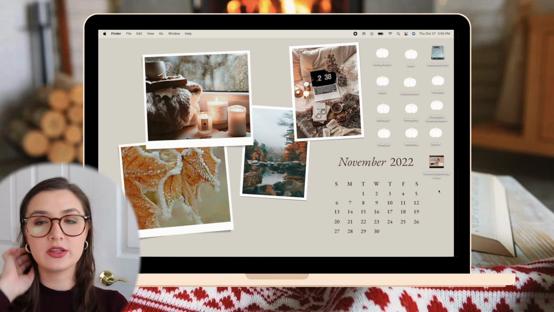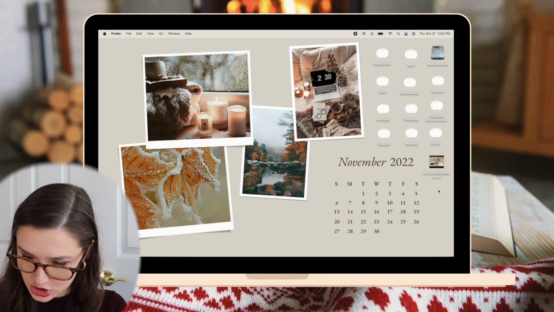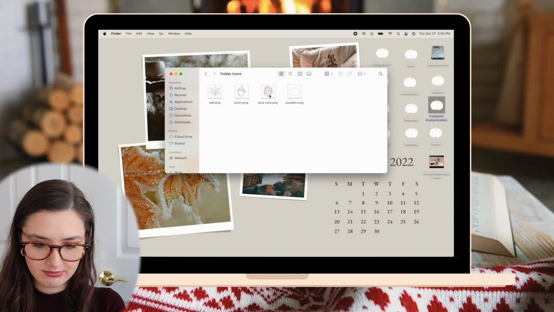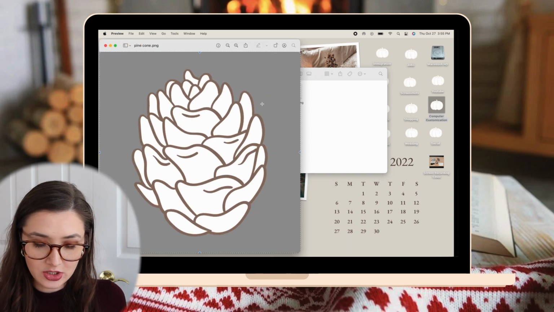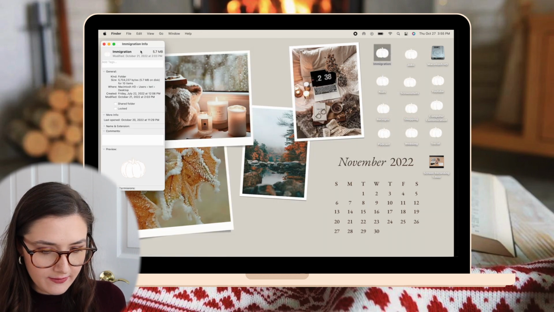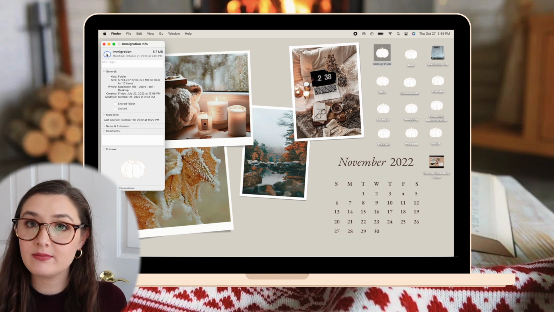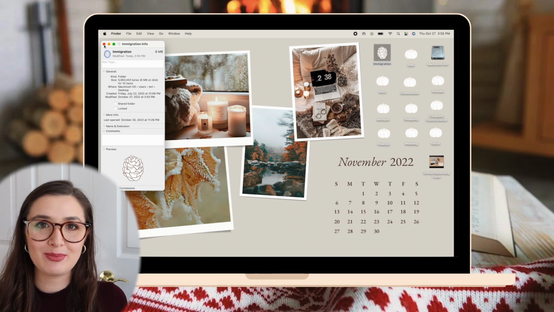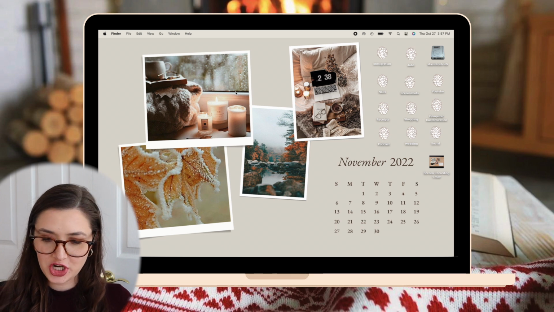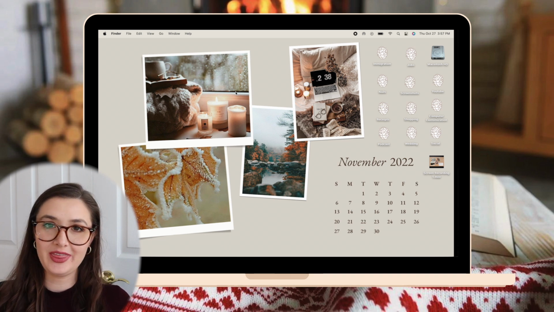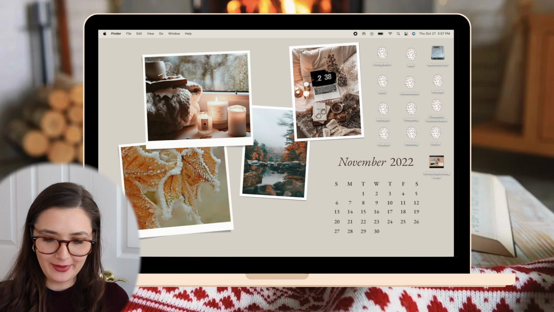I do need to change the little folder icons, which I had some previous icons that I like that I'm gonna just use. So to change that, you just select all with Command A, Command C to copy, then get info and paste into the folder icon. I'm just gonna repeat the process for all of them. Awesome, so those are all my folder icons changed and it all matches with the aesthetic of November that I'm going for. Now it's on to Notion to get planning for the month.